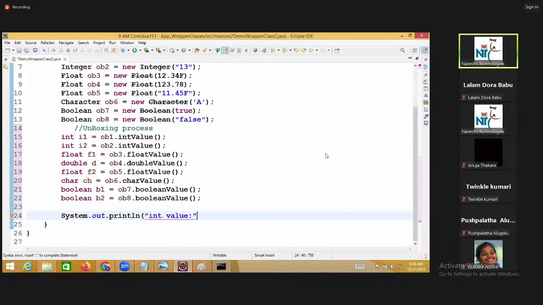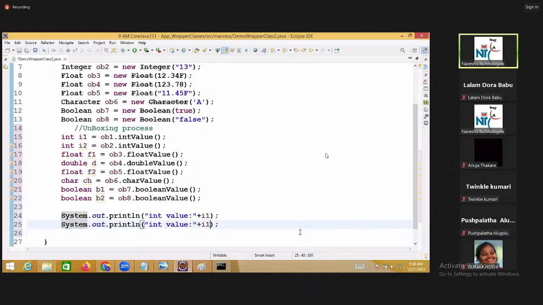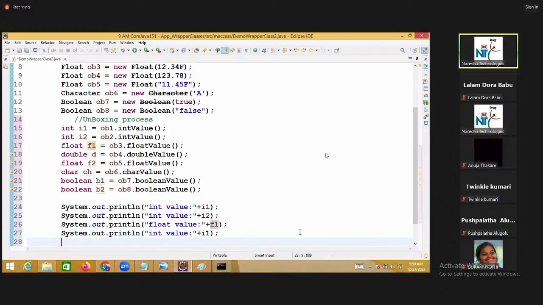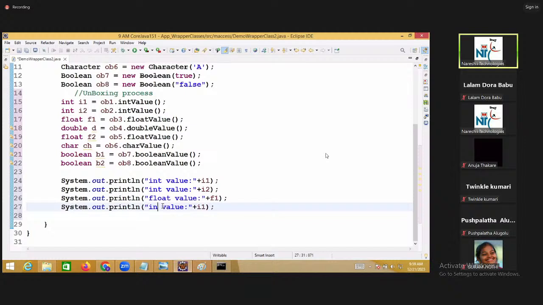Now here, int value, this is i1. Int value, i2. Float value, this is f1. Double value, this is d. Sir, again float value, this is f2.